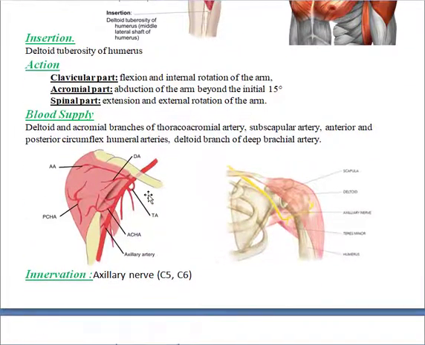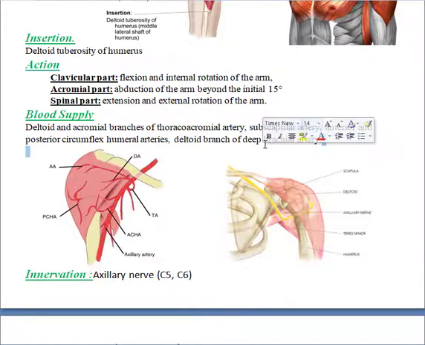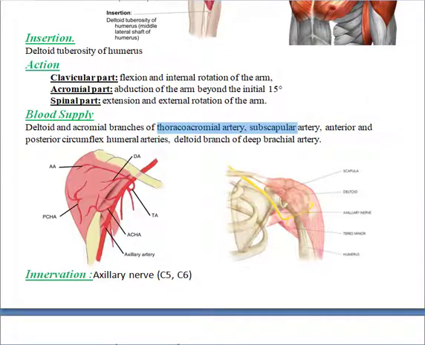What is the blood supply of this muscle? This muscle is supplied with the deltoid and acromial branches of the thoracoacromial artery, the subscapular artery, and the anterior and posterior circumflex humeral arteries, right? And the deltoid branch of the deep brachial artery. So the deep brachial artery, subscapular artery, thoracoacromial artery, and anterior and posterior circumflex humeral arteries are all supplying blood to the